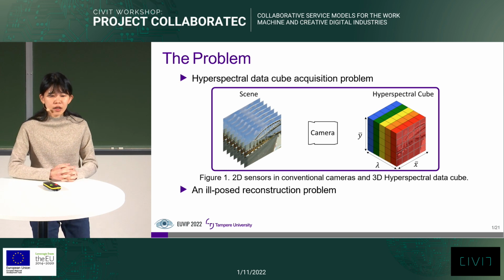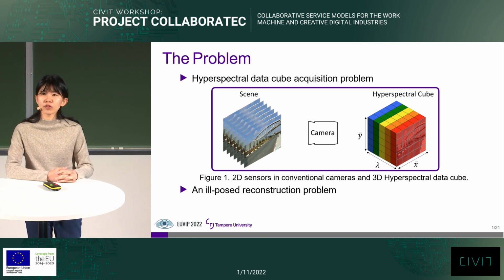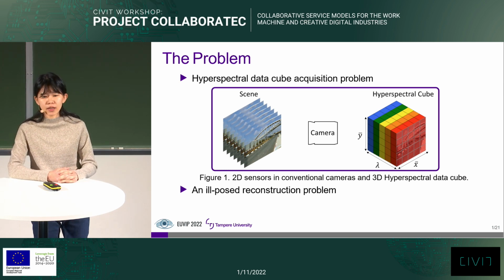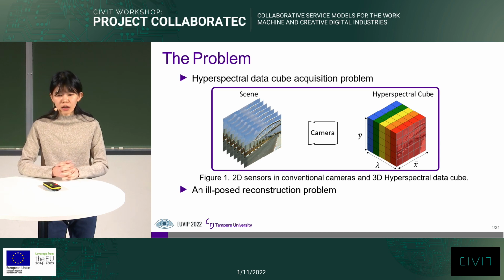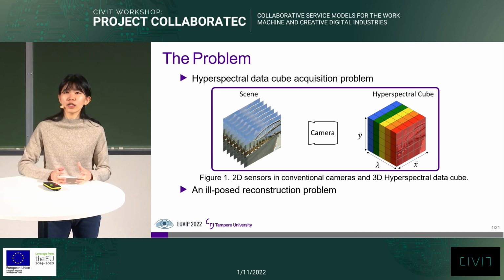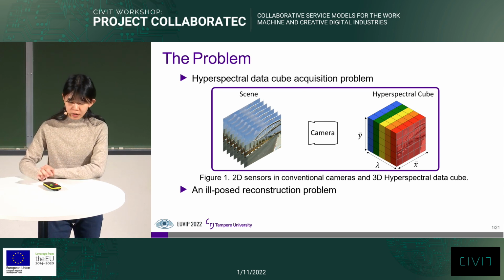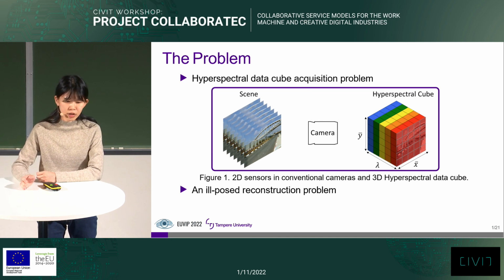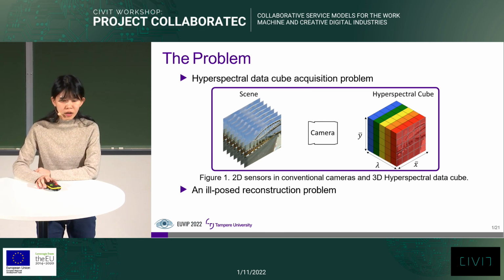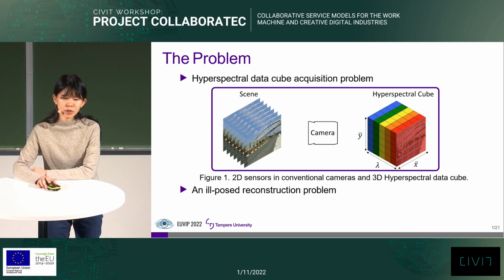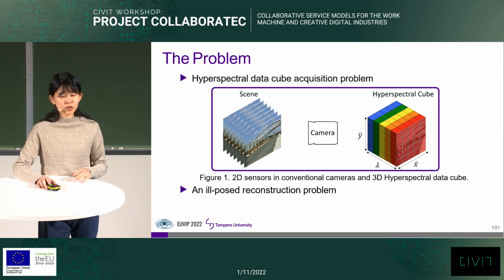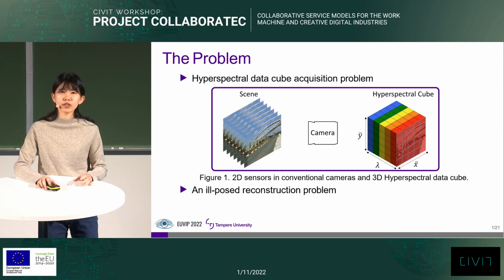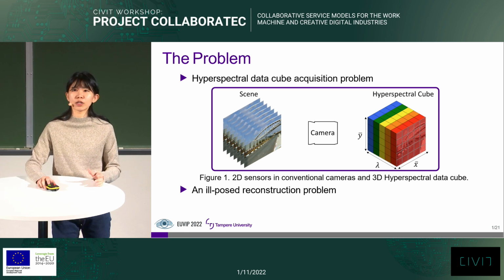So a new method came out, which is called the snapshot imaging method, which wants to capture the whole data cube within a single detection period. It will be shown in the next existing methods section. With that snapshot imaging method, it causes the ill-posed reconstruction problem, which is the second big problem of hyperspectral imaging